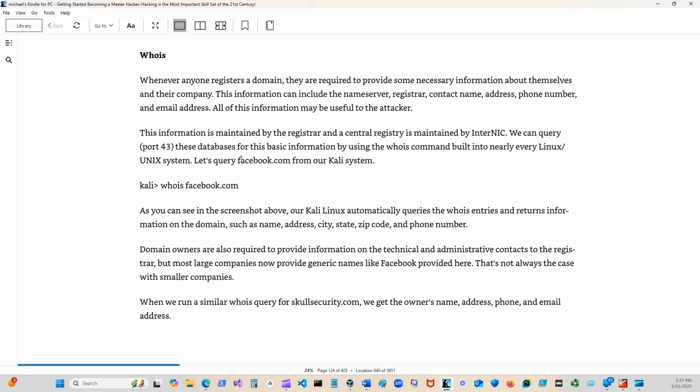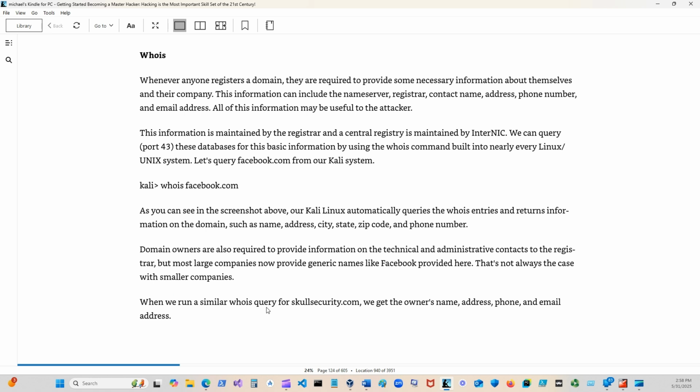As you can see in the screenshot above, our Kali Linux automatically queries the whois entry and returns the information on the domain, such as name, address, city, zip, phone. Domain owners are always required to provide information on the technical and administrative contact to the registrar, but most large companies now provide generic names like Facebook provided here. It's not always the case with smaller companies.